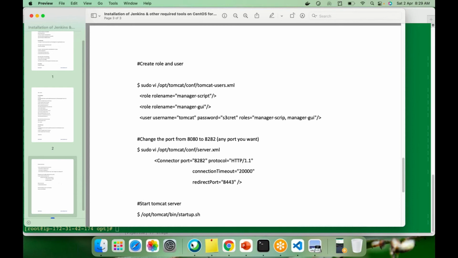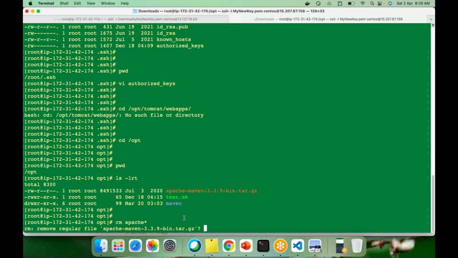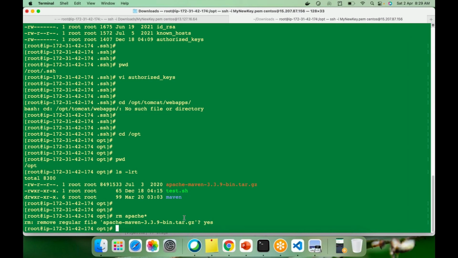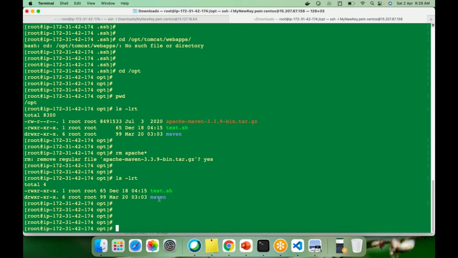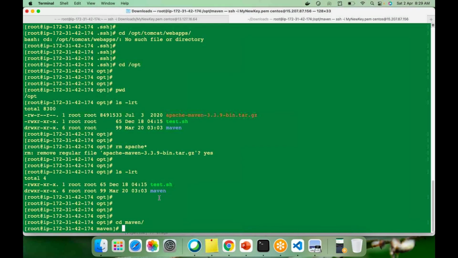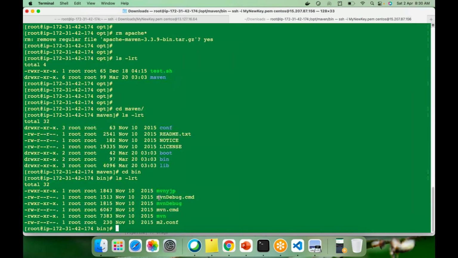Okay, fine. Mine already has Maven installed here. So what I have to do is simply restart the server. But for that, let me just go through whether I need this Maven file to be there. Apache. Let's delete this. It's a very long file. Okay, good, delete it. Now I have this Maven folder. Just go to this Maven folder, and we have to go to this bin, and here we'll find,